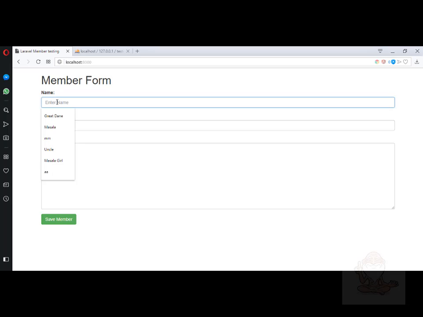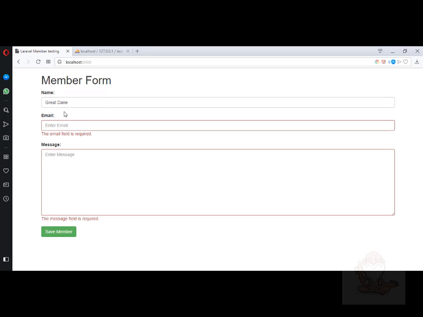What that means is, for example, I just entered Great Dane, and then I saved the member. You can see that it's refreshing, and the validation comes after the refresh happens, right? But once Angular takes over, the validations will be dynamic. That means once you click it and you come out, the validation will show automatically. That is the power of Angular, guys.